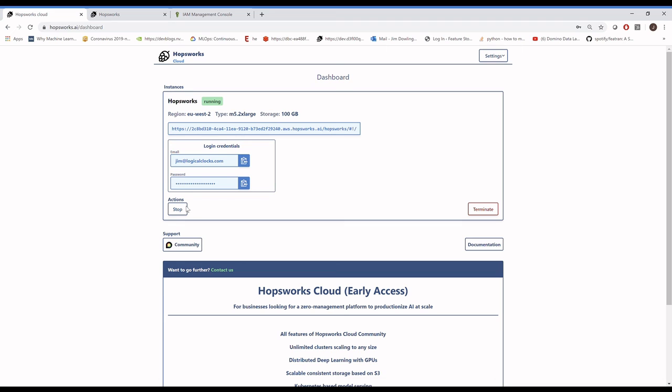We can see here that we're actually able to stop our instance by pressing the stop button, and we can also terminate our instance. In this case, you will lose the data that's on your instance if you terminate it, unless you're saving your data, of course, to S3, where it will stay available. So that concludes this presentation,